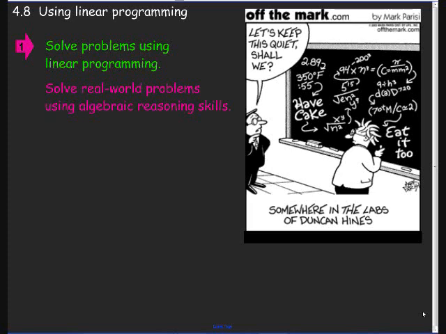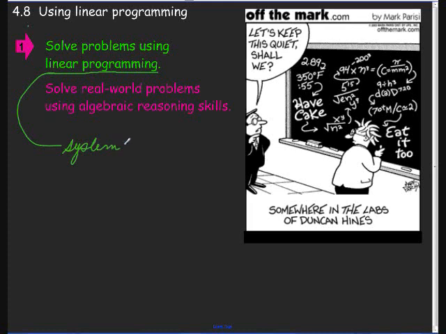This is the last section in Chapter 4. Here's where we take your systems of inequalities and show some real applications. This is something that I certainly used in my career, solving problems using linear programming. And linear programming, you're going to find out shortly, is simply